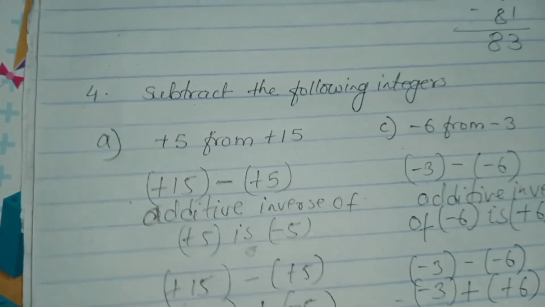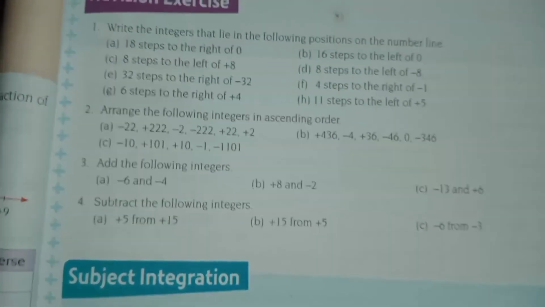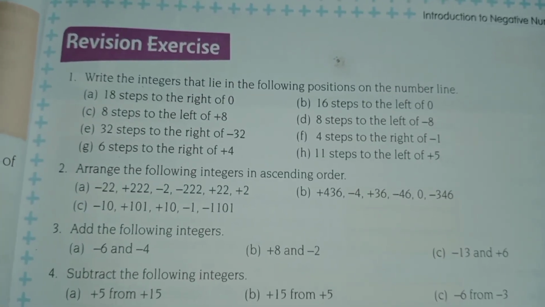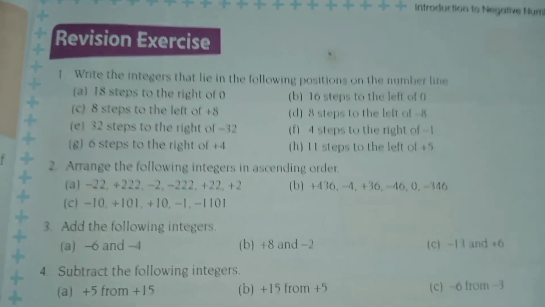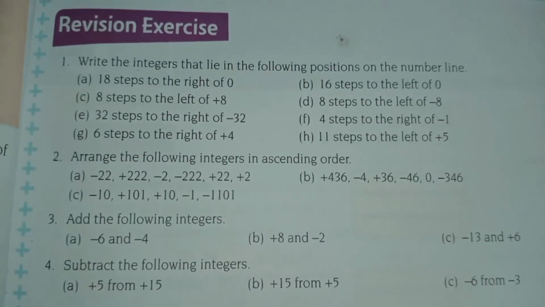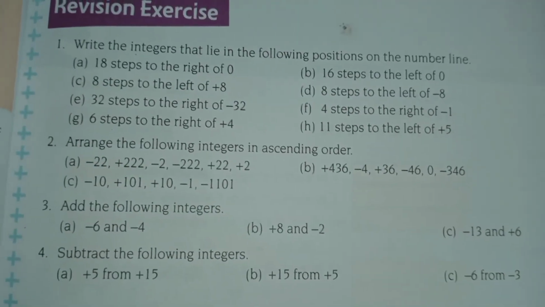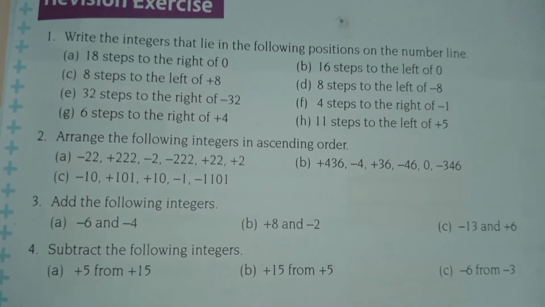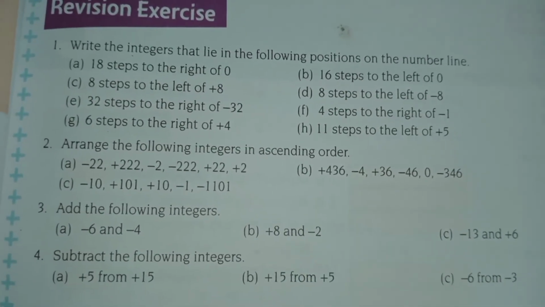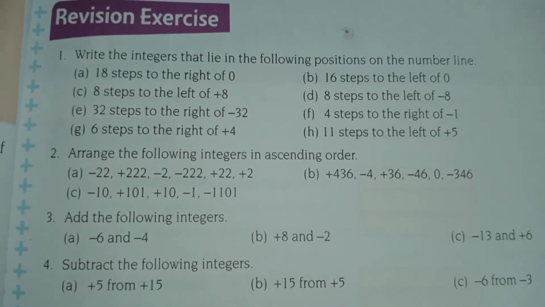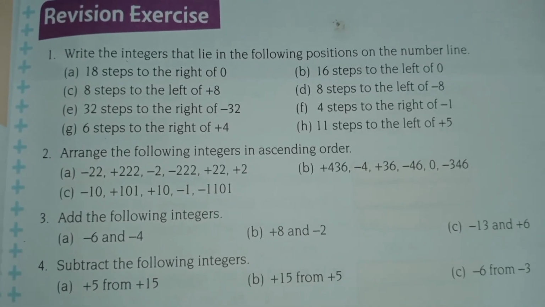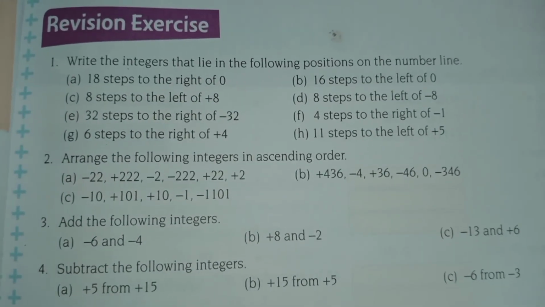Okay. So with this, I've completed exercise. Okay, all the exercises, they were just 2 exercises, 4.1, 4.2, and this was the last exercise, the revision exercise. This was left. Now this is the last exercise it was. Okay, so I've completed this also. Question number 1 will be your homework. Okay, and whatever question I have not done, that will be your homework. And I hope that you have understood this exercise. And if you have any doubt, you have my number. You can message me and you can clear your doubt.